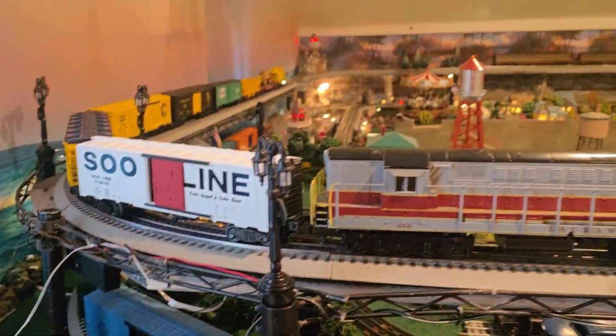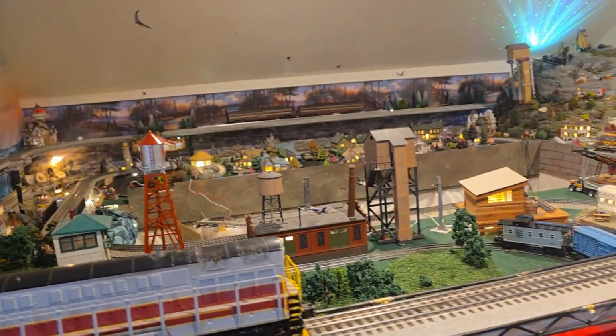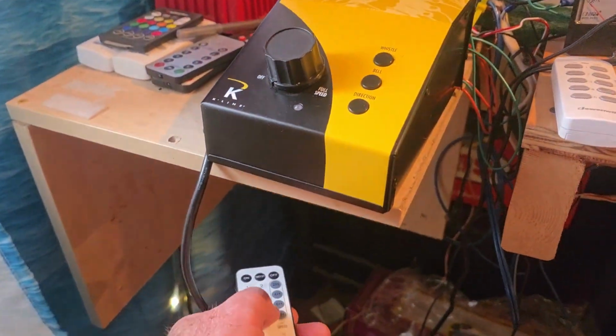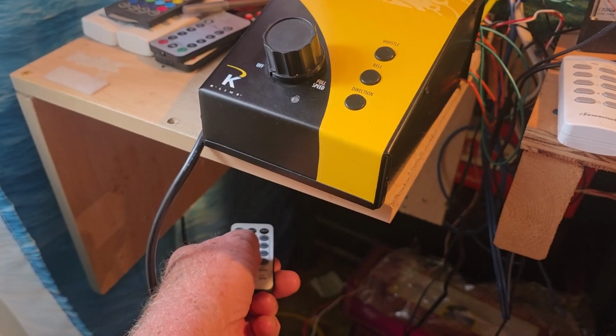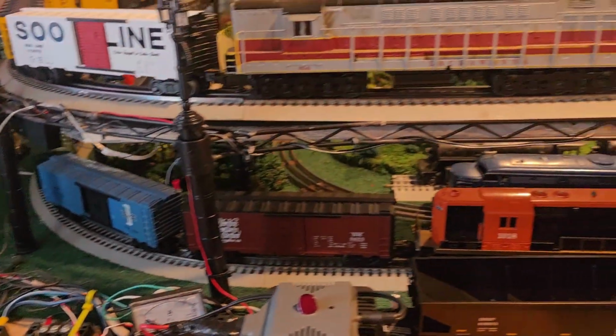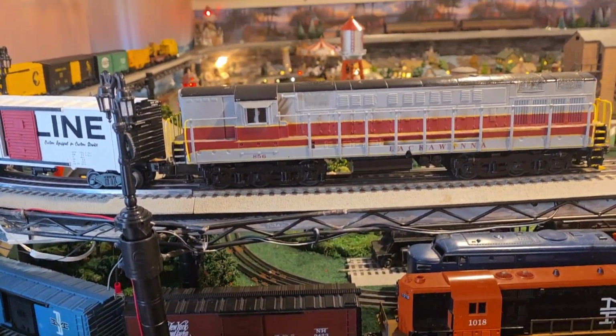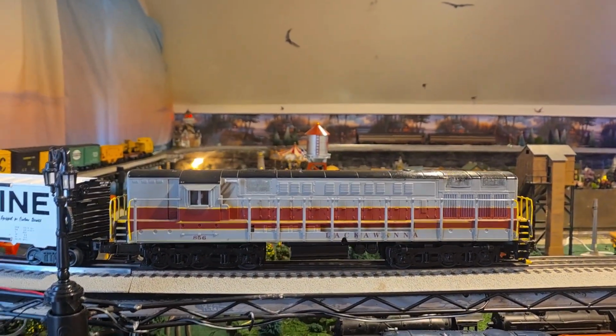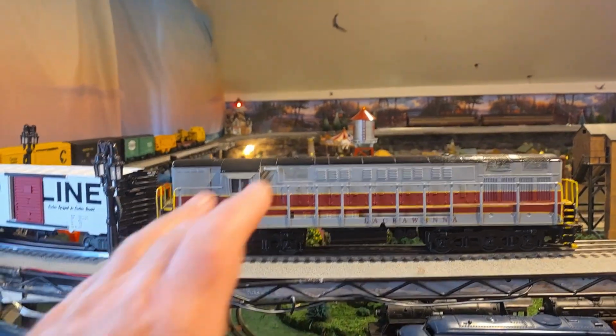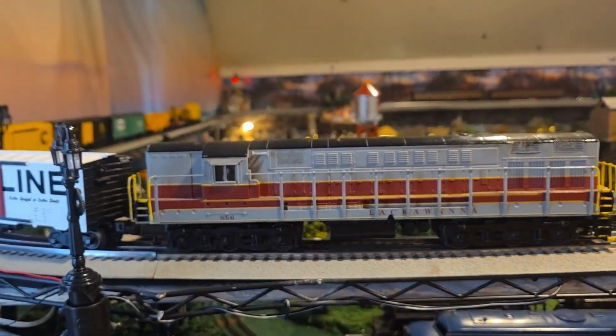And let me start by turning on the layout and then stopping the blinking light routine. And these are the trains I had going before, so let's just do a couple of laps of them so it kind of ties into the past. This is my kind of junk pile